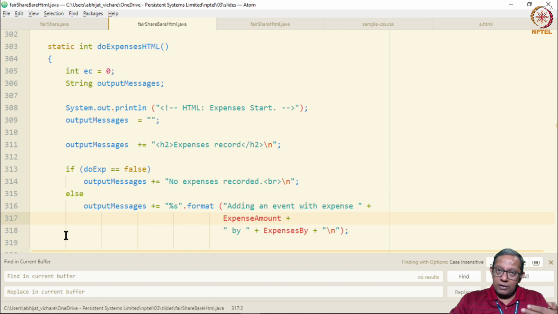We are going on concatenating each addition to the HTML page into the same variable. Again, the structure: if our program is actually doing expenses, then print something, add the event information. If it is not doing expenses, that is if it is doing any other mode, registration or report, then it only says there are no expenses recorded.